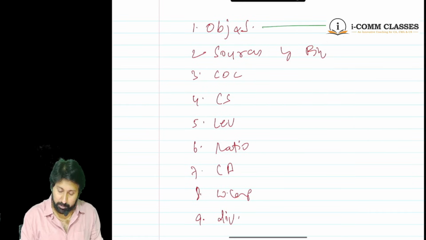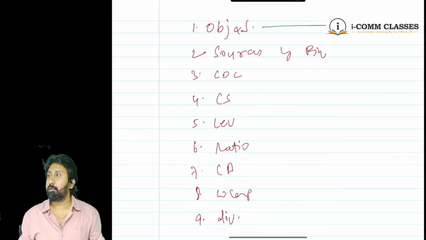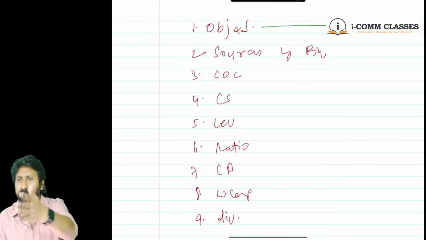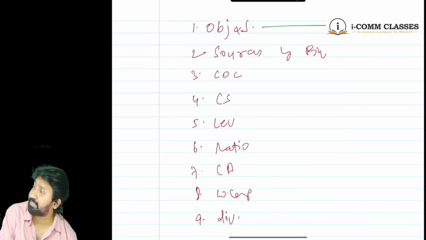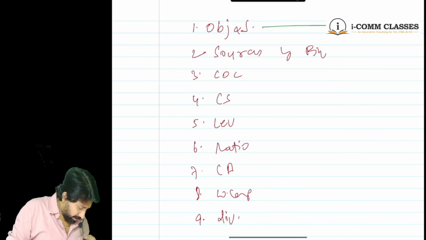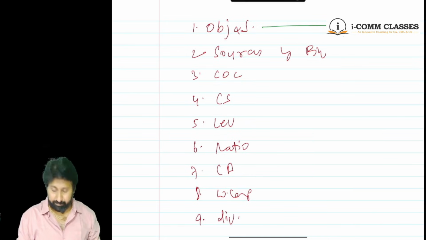Objectives and scope. How many marks? 3 marks. Simple questions only will come. Maximum they will ask 3 MCQs. You are having MCQs in the exam. They will generally throw MCQs only. But get ready, it will come for 3 marks in the exam.